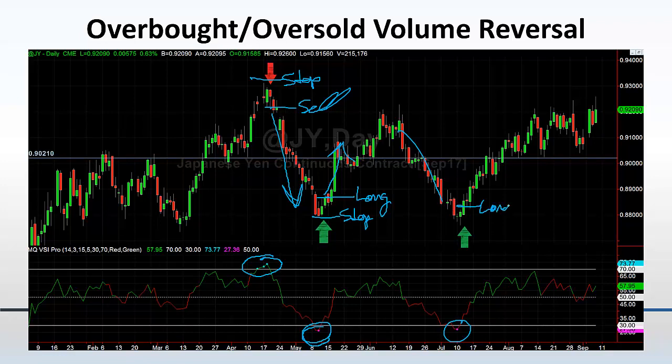There's our long. Now in this case, you have a hammer right here at the bottom as well. So you have an extended market plus lower volume plus a hammer pattern. All great things saying, watch this to start to accelerate, and then we accelerate away.